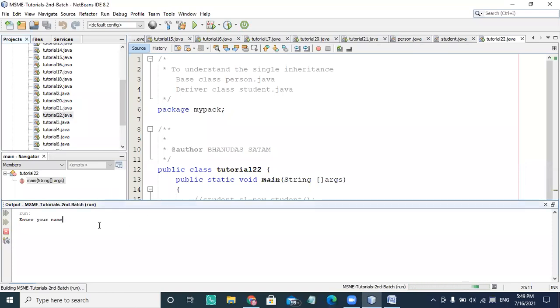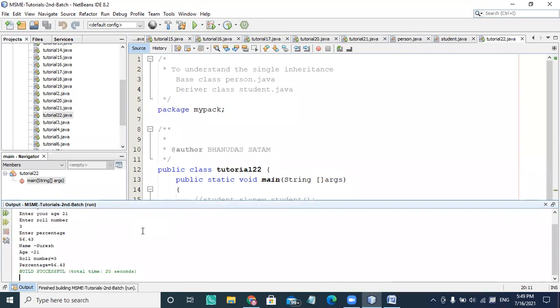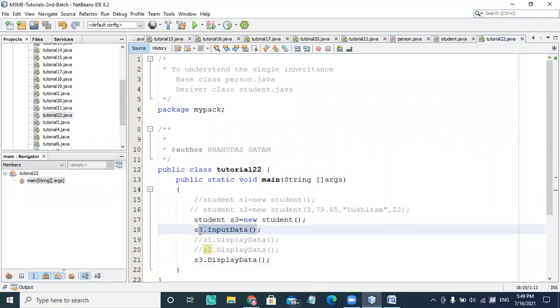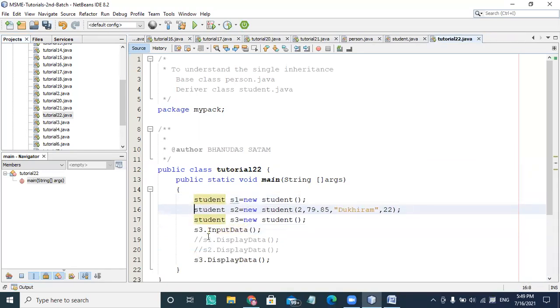It's asking for a name, which comes from the Person class, so I'm writing Suresh. Age I'm writing 21, roll number 3, and percentage 56.43. All this data I'm taking from inputData. InputData is a member method of my Student class, and it's calling the inputData of the super class. So these are s1, s2, s3, and you are displaying them.